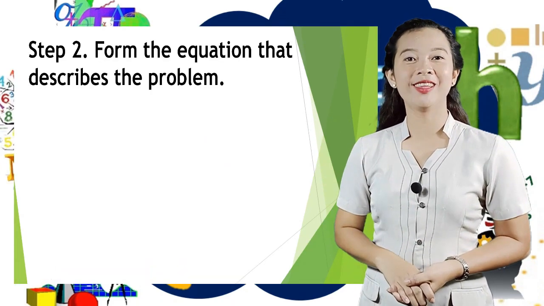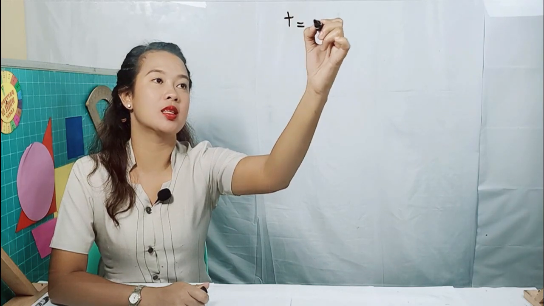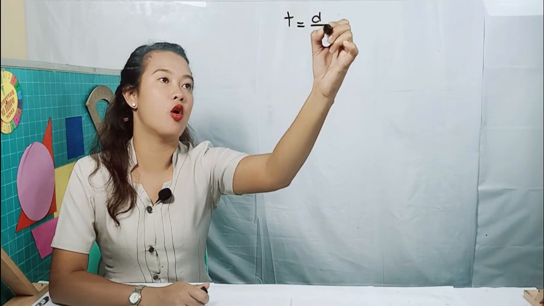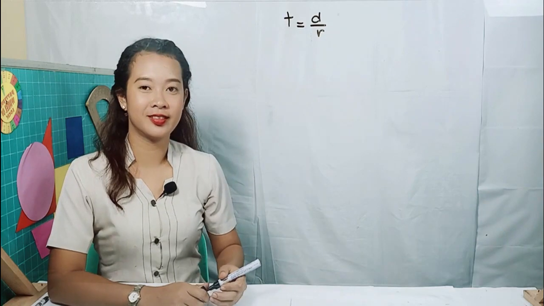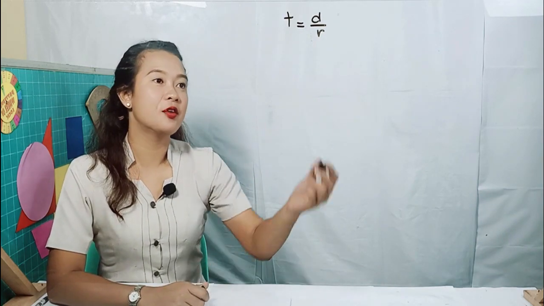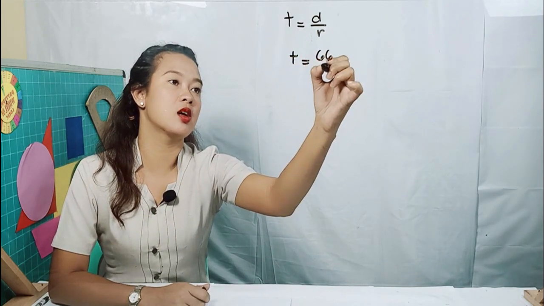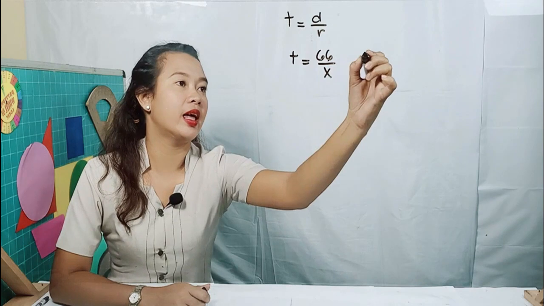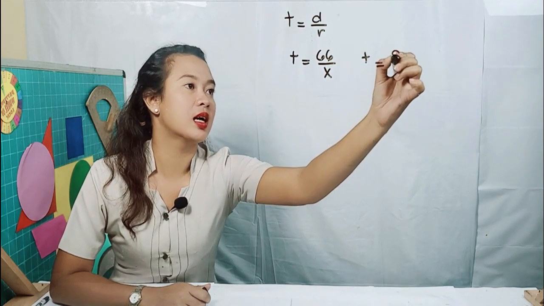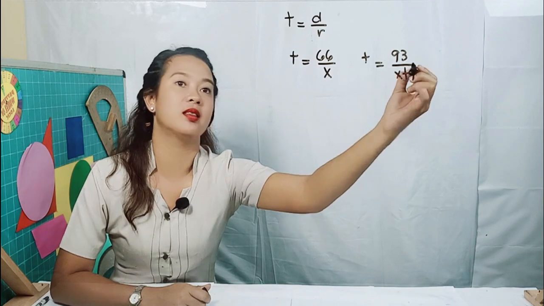Step 2. Form the equation that describes the problem. The formula in finding the time is t equals distance over rate. Based on the problem, the functions t equals 66 over x and t equals 93 all over x plus 9